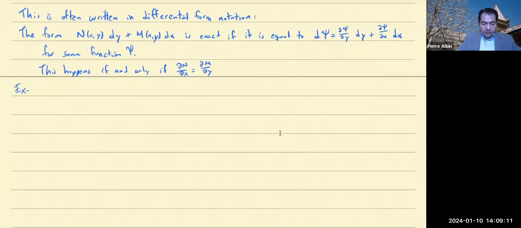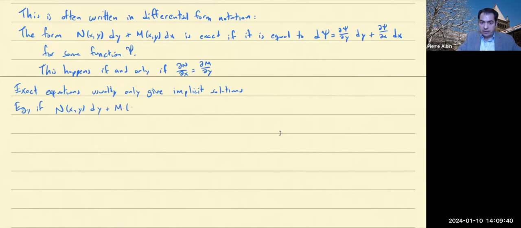Okay, before getting to some examples, let me point out that exact equations usually only give implicit solutions. For example, if n of xy dy plus m of xy dx is exact